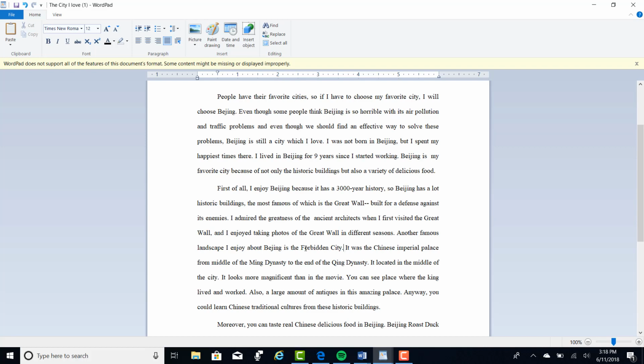And then we have to do this. Let's put a comma here and give you more advanced: a Chinese imperial palace from the middle of the Ming Dynasty to the end of the Qing Dynasty. And then in this case, we want to change this sentence, give you more advanced grammar. Located in the middle of the city,